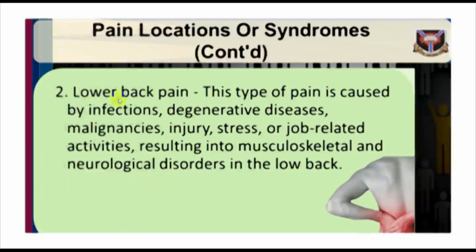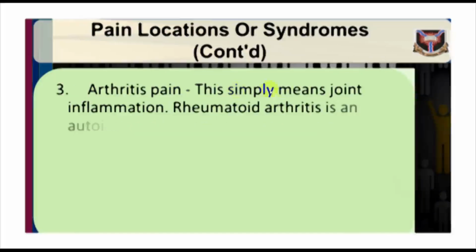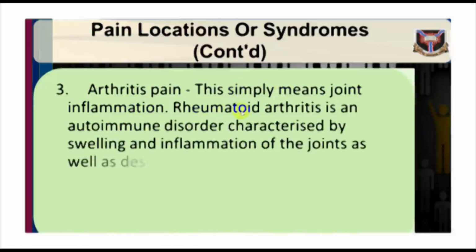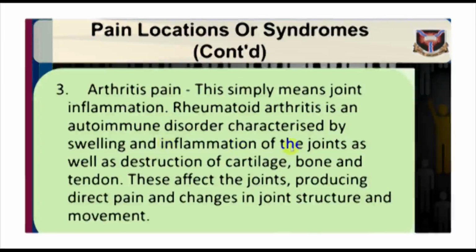2. Lower back pain. This type of pain is caused by infections, degenerative diseases, malignancies, injuries, stress, or job-related activities resulting into musculoskeletal and neurological disorders in the low back. 3. Arthritis pain. This simply means joint inflammation. Rheumatoid arthritis is an autoimmune disorder characterized by swelling and inflammation of the joints, as well as destruction of cartilage,